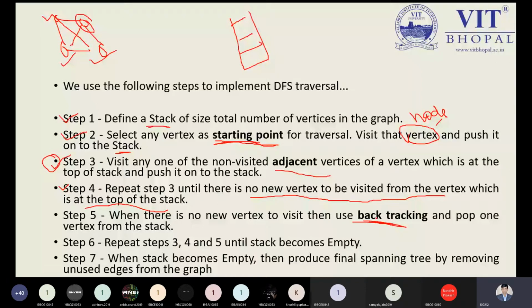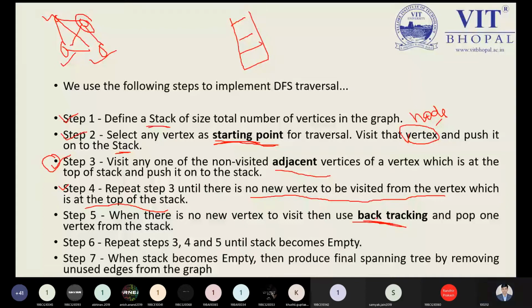Now keep in mind that while traversing the graph, we will get an output in the form of a spanning tree. In the examination, I can ask this question in a different way: just draw the spanning tree of the given graph. You may get confused, sir, you did not explain the spanning tree. The question means you can use DFS or BFS to traverse all the nodes, and you need to show your output in the form of a spanning tree. So this is the algorithm which is followed to implement DFS.